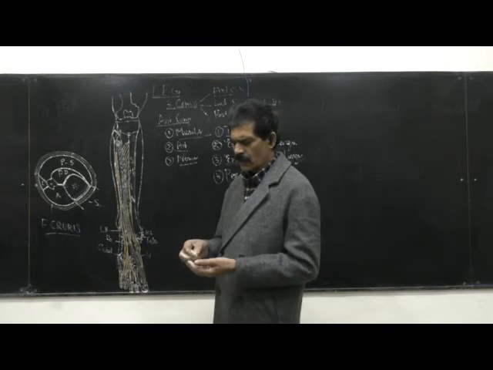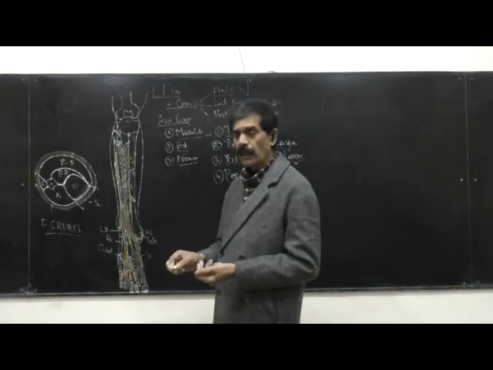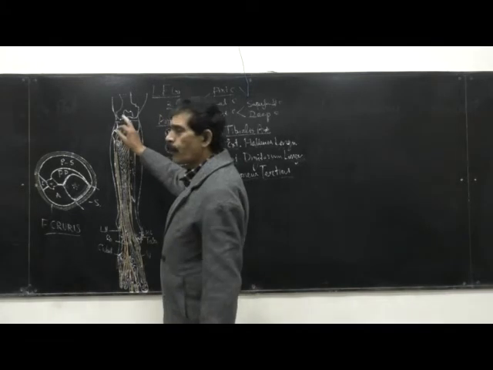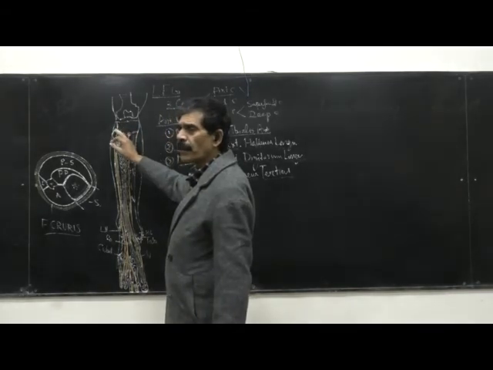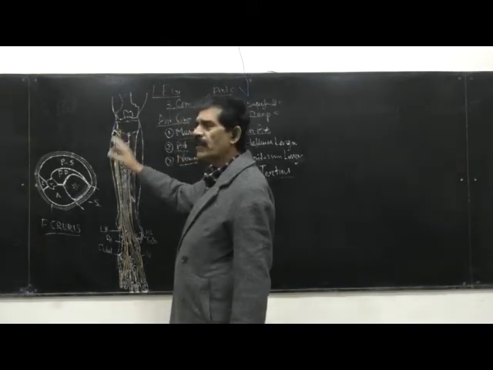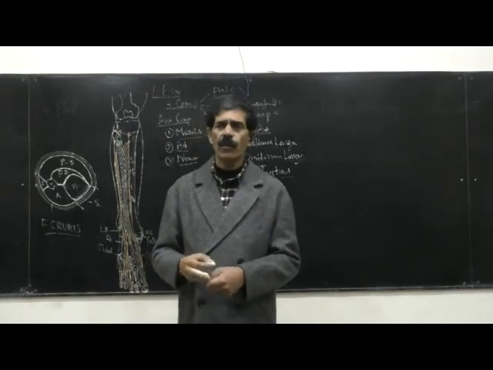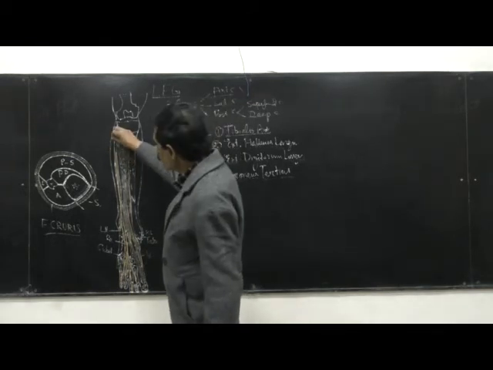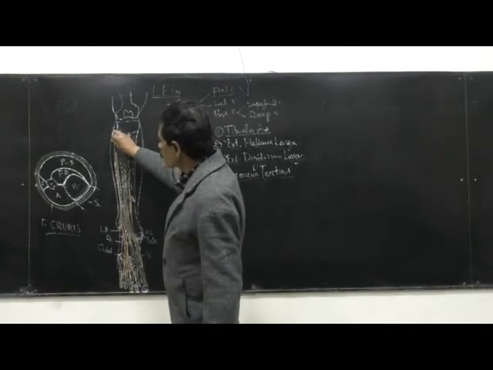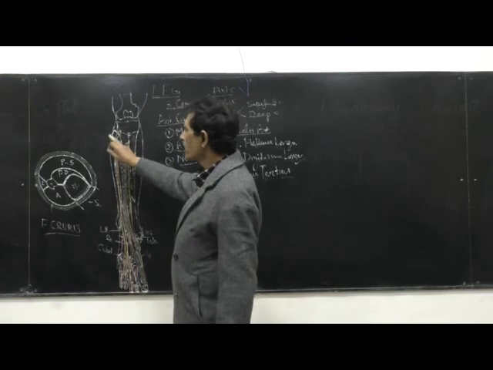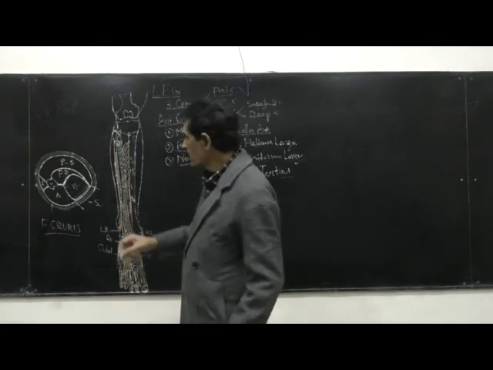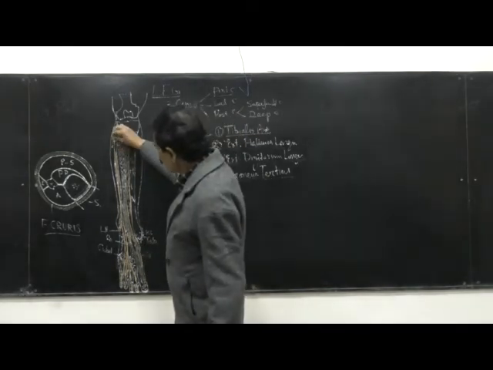As we know, in the popliteal fossa the common peroneal nerve is a branch of the sciatic nerve, and this common peroneal nerve runs with the tendon of the biceps femoris. Biceps is inserted on the head of the fibula, but the common peroneal nerve now comes and touches the lateral surface of the neck of the fibula, and here this common peroneal nerve divides into 2 branches. One is the lateral branch, another is the medial branch.